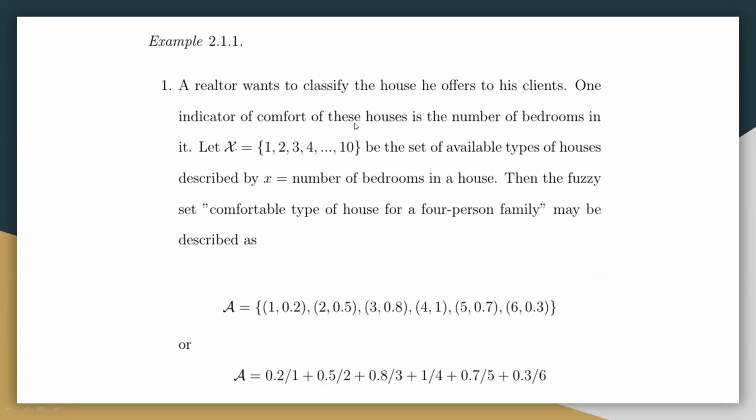Then the fuzzy set that I want to create is based on the type: a comfortable type of house for a four-person family. That is the requirement. So how do you create a fuzzy set based on this particular label? So if I write, if the number of bedrooms in the house is one,